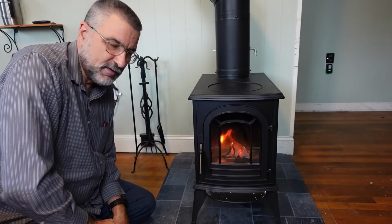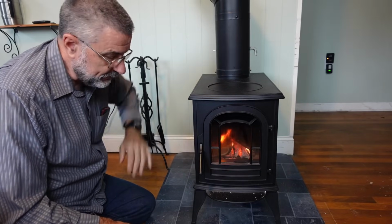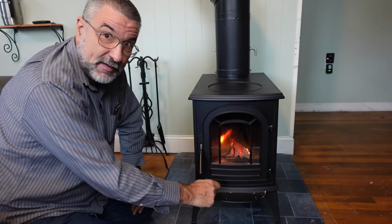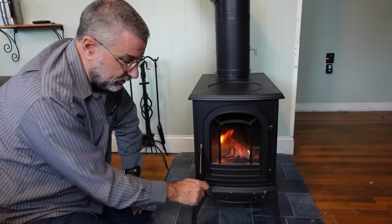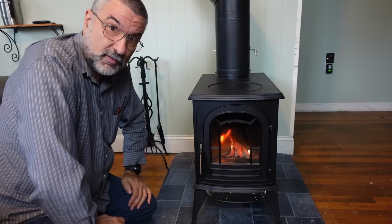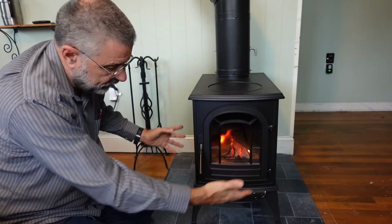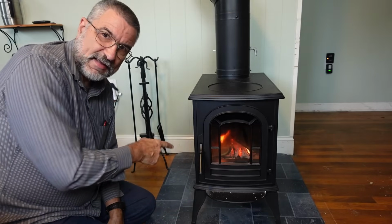I'm used to controlling the fire by using the damper in the chimney and by opening and closing the air intake vents. When it gets too hot, you damp it down a little bit, and it controls the flow of air, and so it controls the size of the fire. Well, this has no intake vents anywhere. It's got that cold air